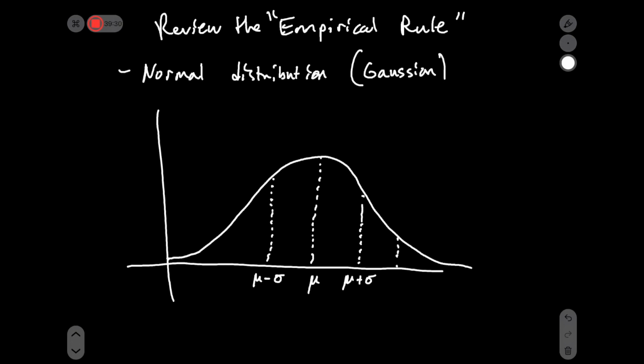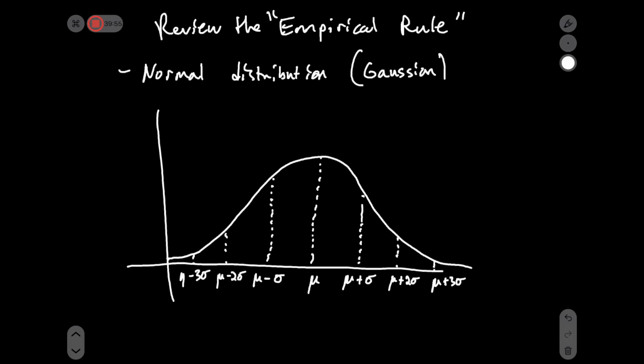This is the mean plus 2 standard deviations. And we can go out a third one, the mean plus 3 standard deviations. And do the same out here. Okay. The empirical rule basically says this,